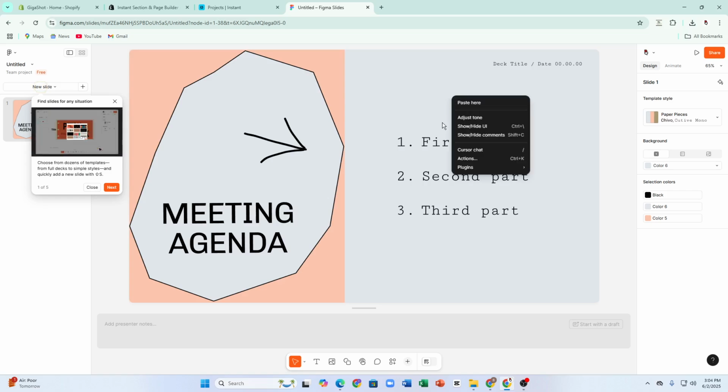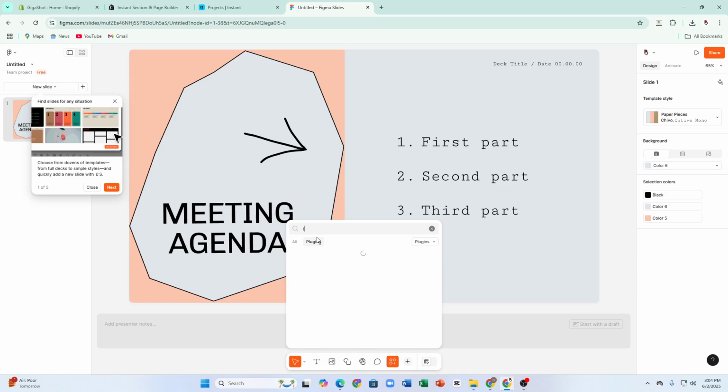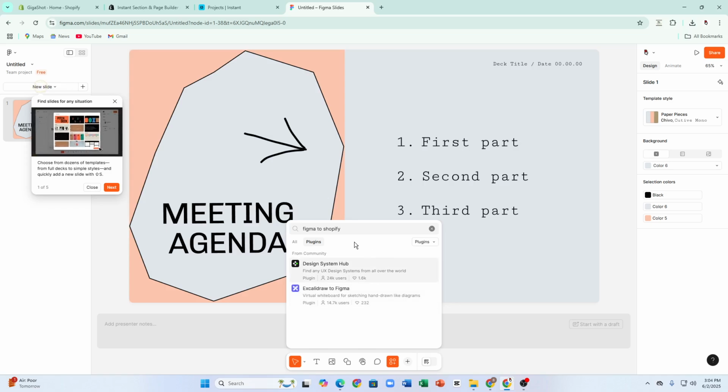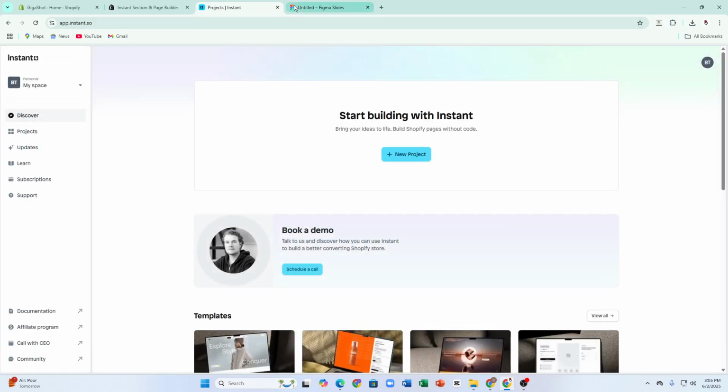Also you can right click on it, you can tap onto these plugins, simply tap onto these plugins and tap onto manage plugins, and from there you just simply have to search for Figma to Shopify, and then you'll be able to see the app. Okay, let's just search for instant section, all. Let's tap onto all. So you just have to search Figma to Shopify, and you'll be able to see this app over here,